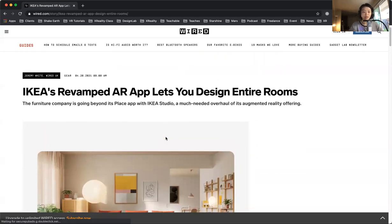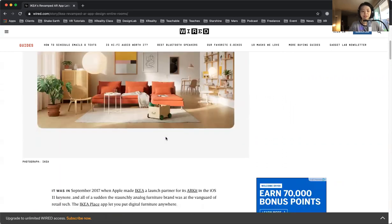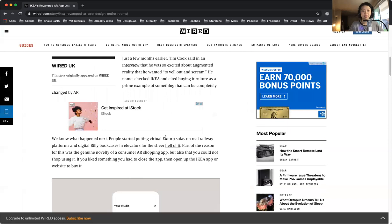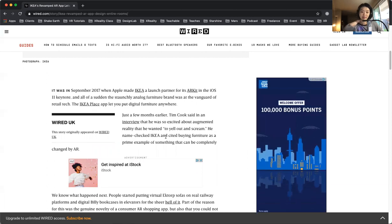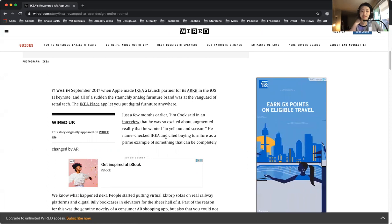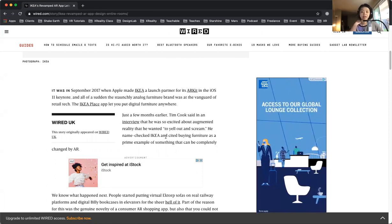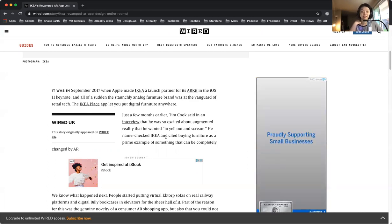This news is on wired.com, and it was just released an hour ago. It talks about September 7, 2017, when Apple made IKEA a launch partner for its ARKit on the iOS 11 keynote. And all of a sudden, everyone started doing the same thing, right? Because I remember back in 2019,